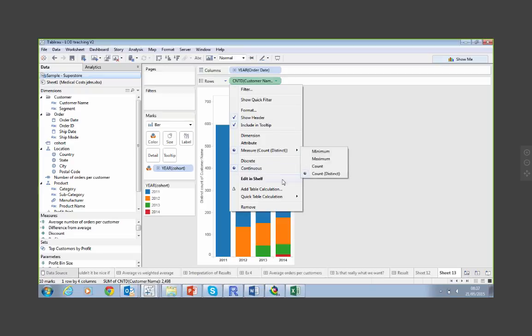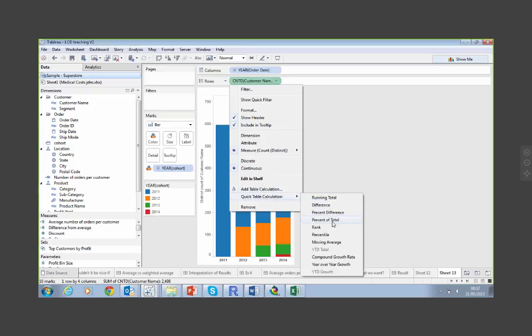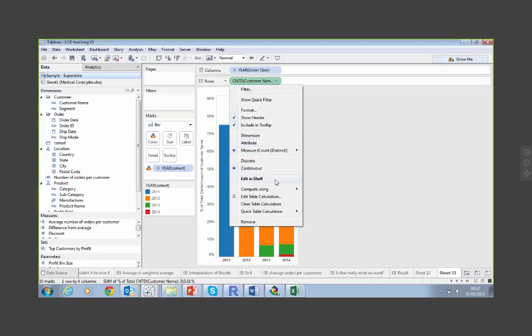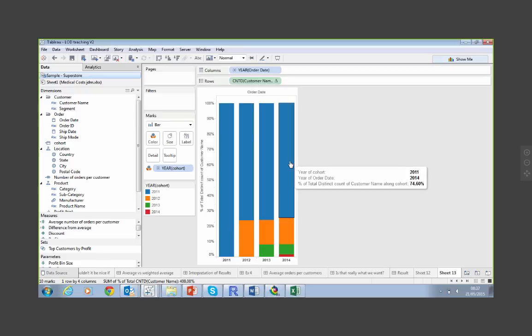So then you could add a table calc on top of that, percent of total here, and we can just compute that using the cohort. And now we see that 74% of the customers that purchased in 2014 came from the 2011 cohort. So that's just to give you an idea of how you can use a table calc and compute it along an LOD expression.